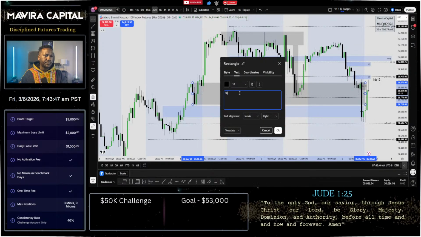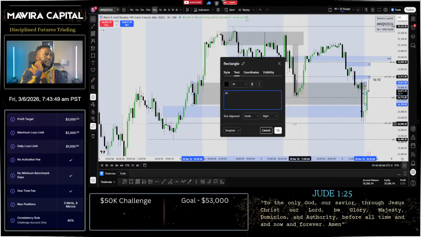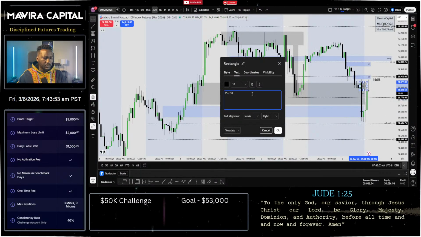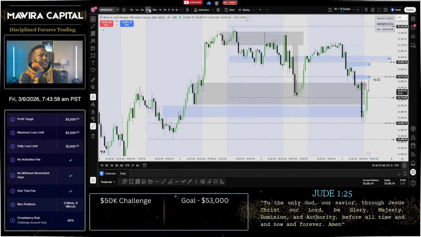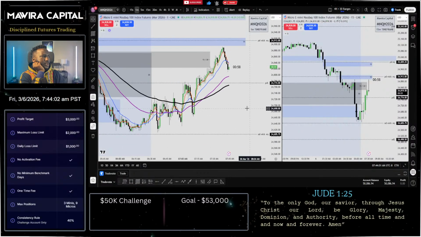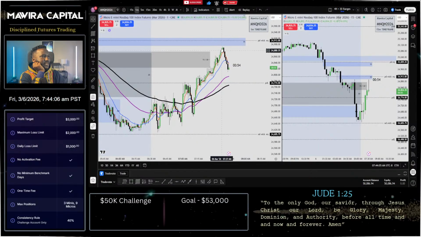I'm gonna do this. I'll do plus and minus just to show the bearish and bullish. Bullish and bearish. Even if we touch here, I don't have